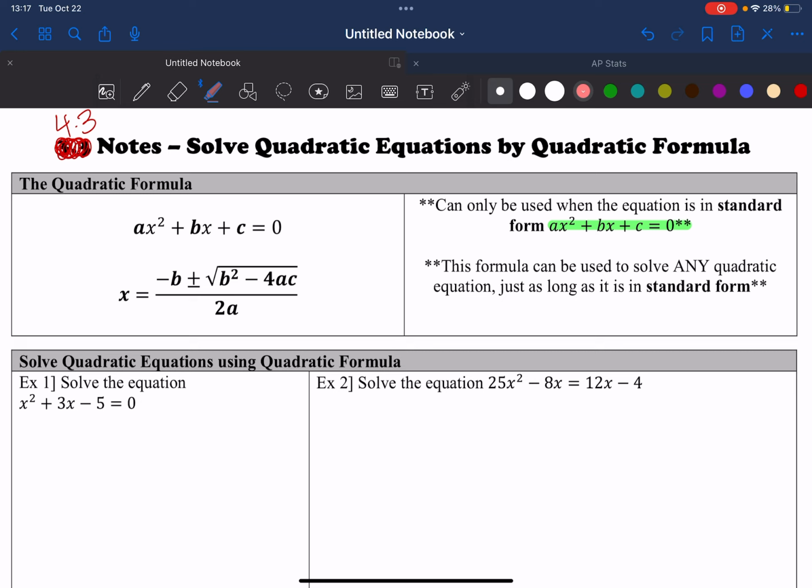So it went, x is equal to negative b plus or minus the square root b squared minus 4ac all